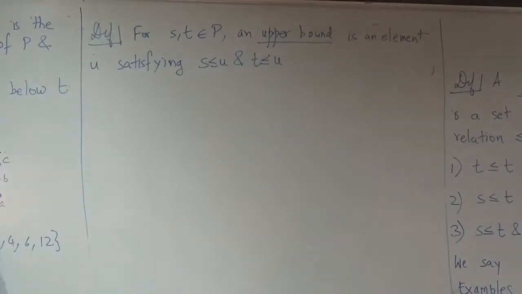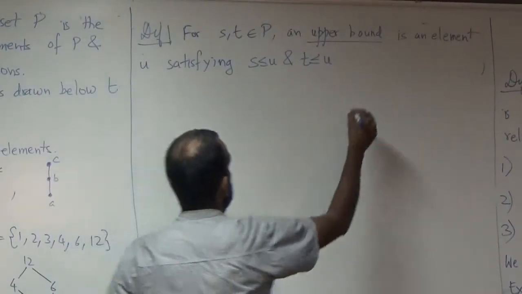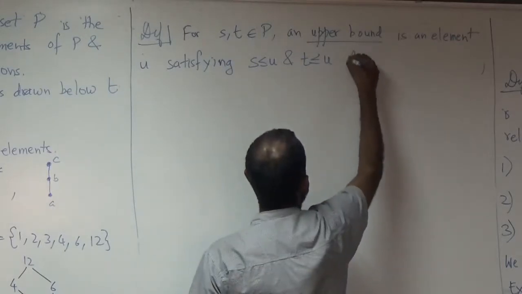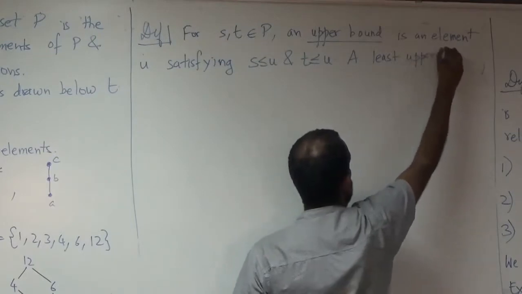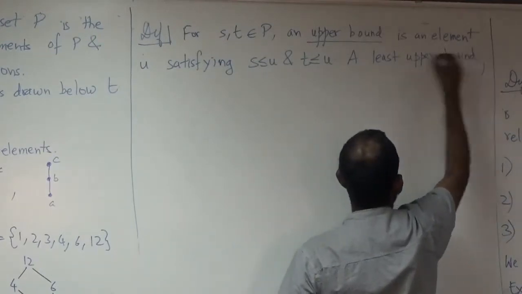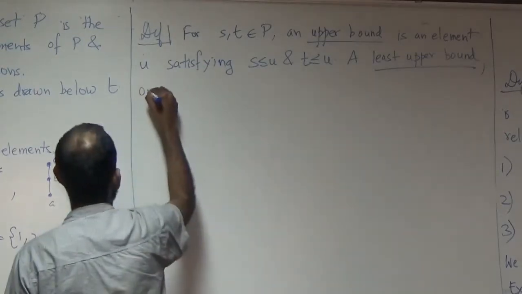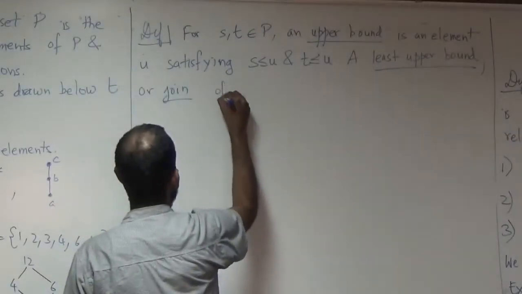It's just some element which is larger than both s and t. This is again analogous to what one sees for the real numbers. And just like for the real numbers, one can define the notion of a least upper bound, or join, this terminology is specific for posets,